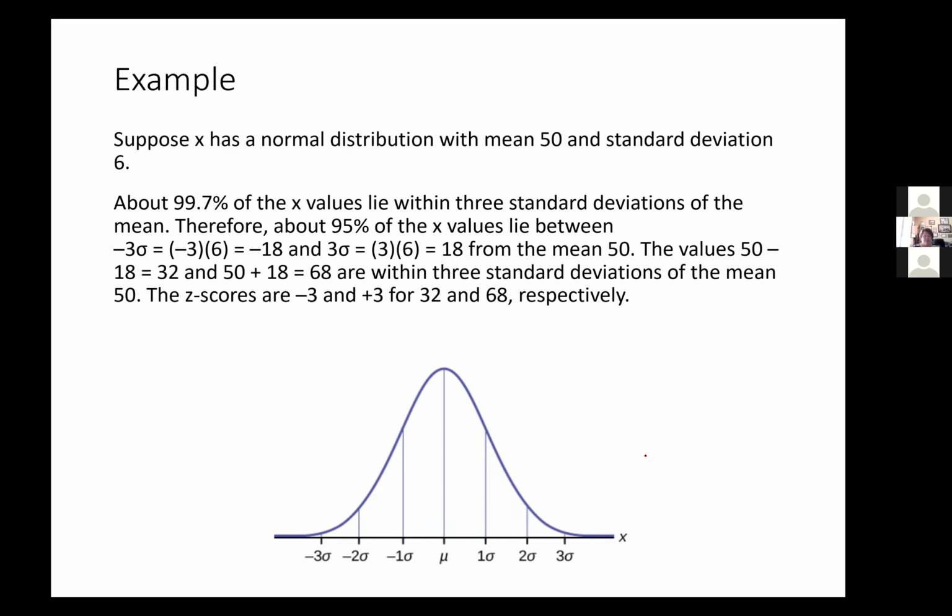And then last but not least, plus or minus 3 standard deviations, same normal distribution with a mean of 50 and a standard deviation of 6. 99.7% of your X values will lie between plus or minus 3 standard deviations of the mean. So if I take 50 and subtract 3 standard deviations, and add 3 standard deviations, I get 32 and 68. So approximately